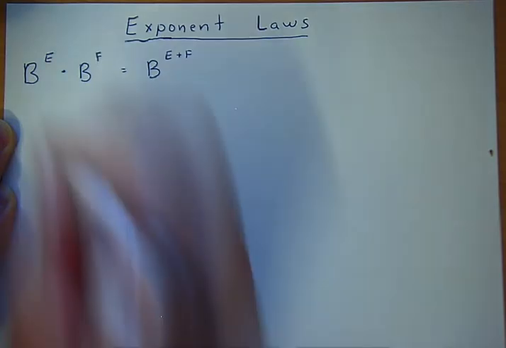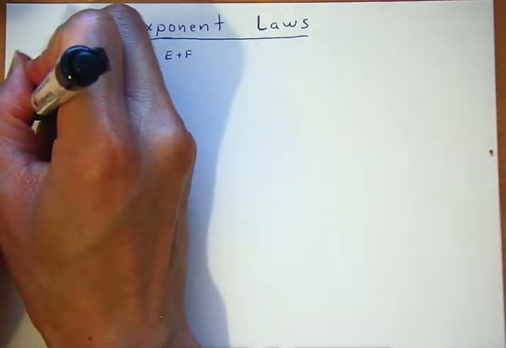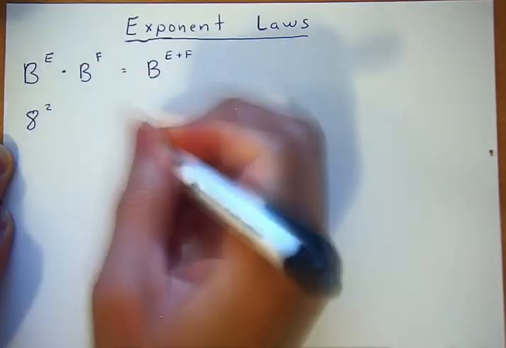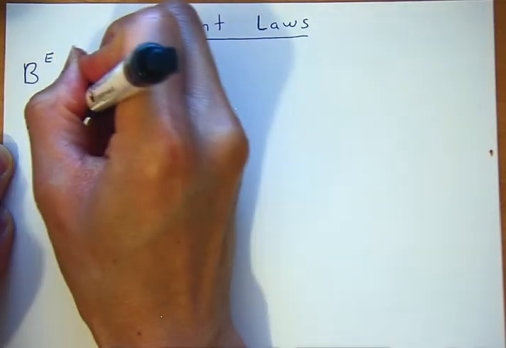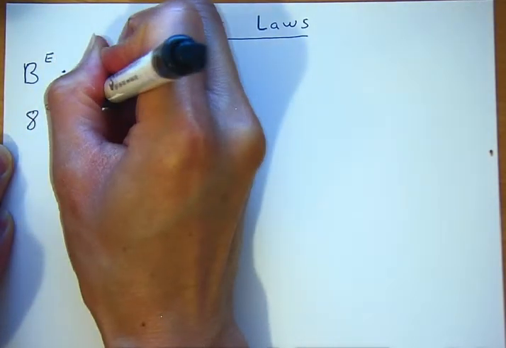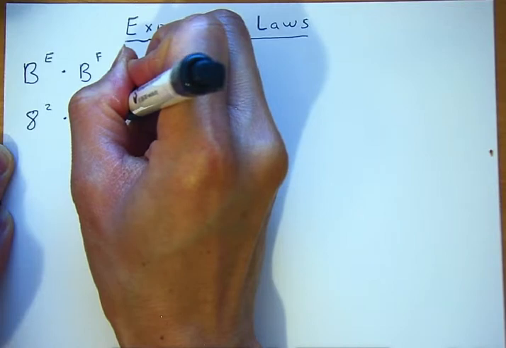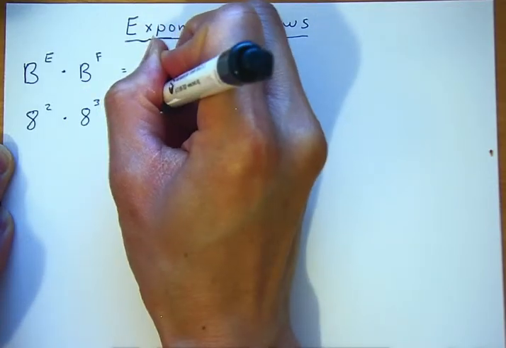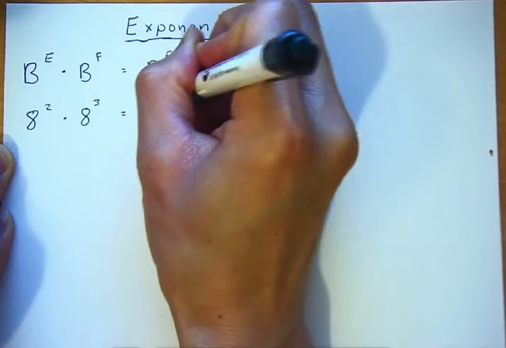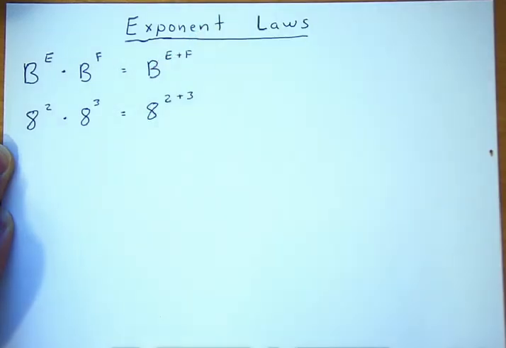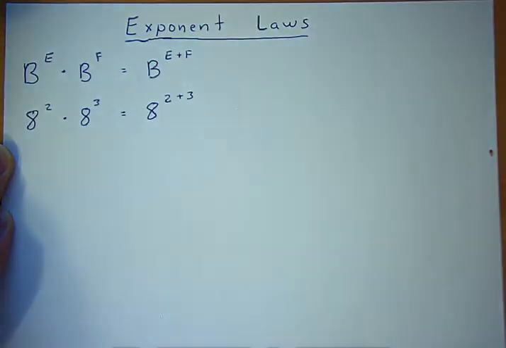An example of this is if I have, let's say, 8 squared times 8 to the third power, or 8 cubed, that will equal 8 to the 2 plus 3 in the exponent. So the reason for this is